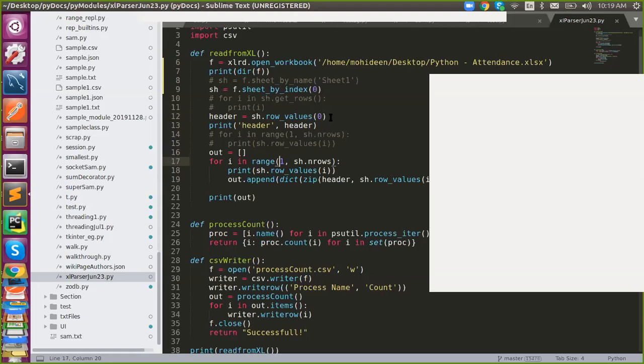For that, you must know how many rows are there in the sheet. So sh.nrows will give you the number of rows. I'm using range to prepare numbers from 1 to n. You all know the index is one less: if the count is 10, your index will be 9 at most. That's fine, you can keep it as it is, 1 to n.